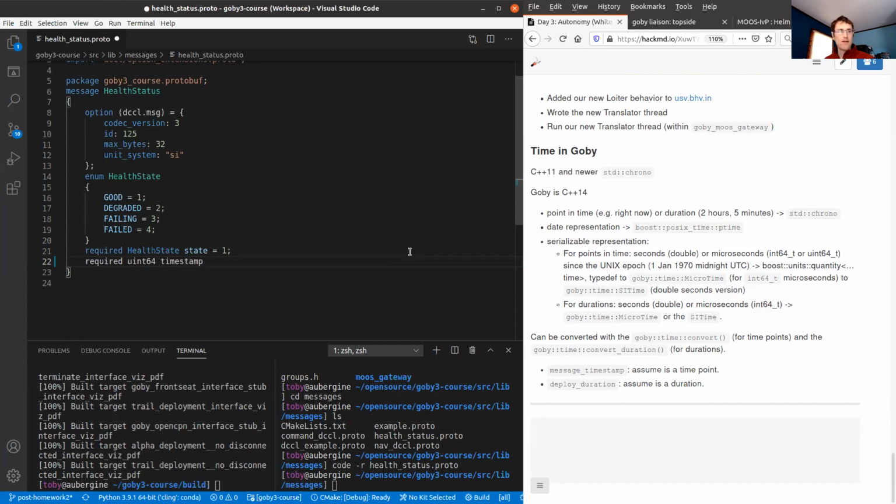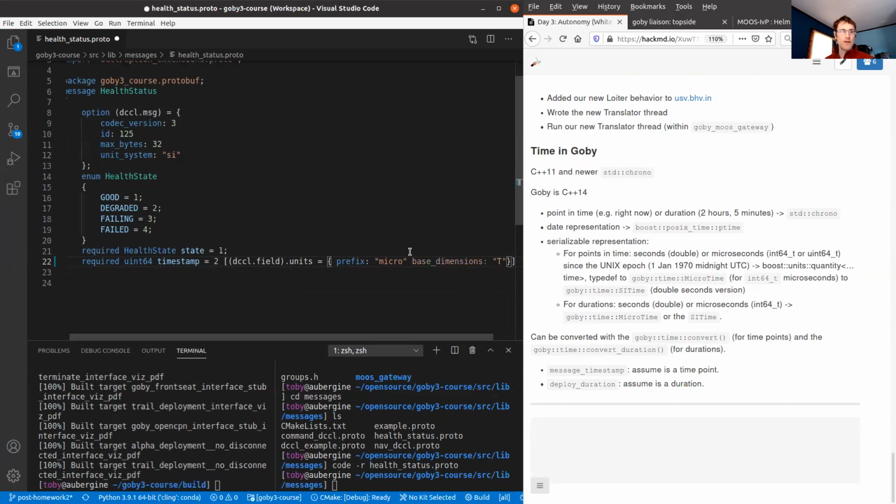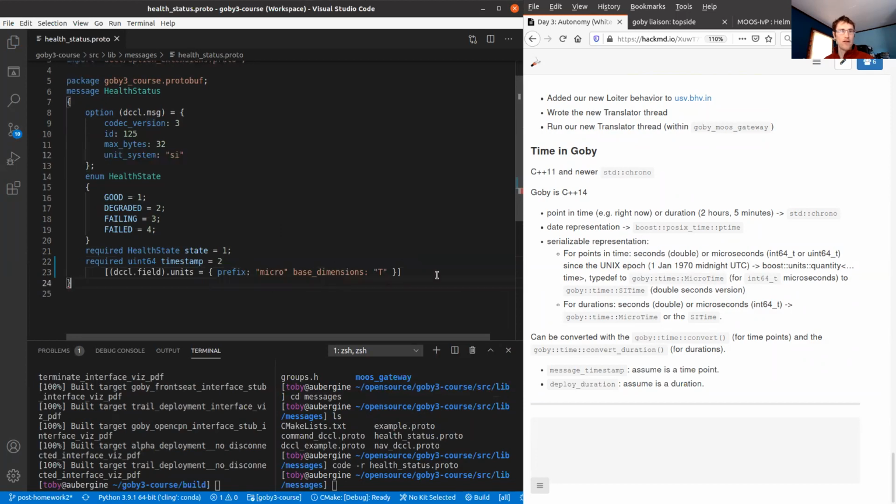So we'll call this uint64 timestamp field 2, and we can add dccl.field units. So this is micro, and then dimensions of time, which in the SI system is seconds. So this reads as microseconds effectively.